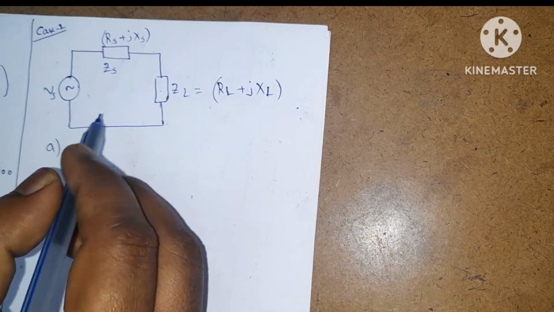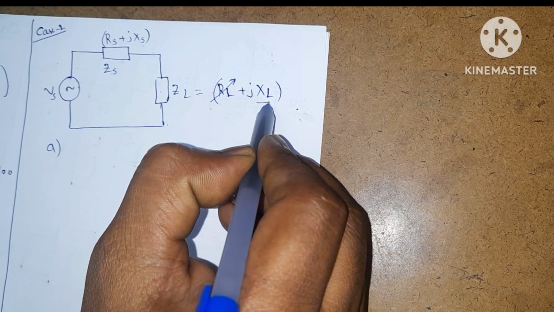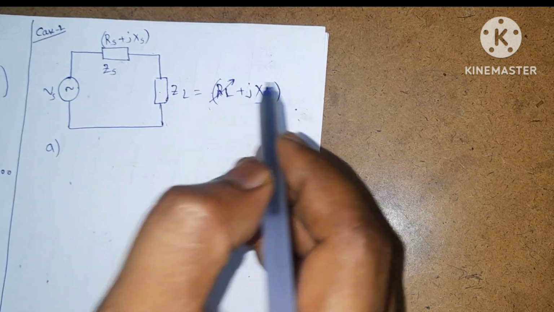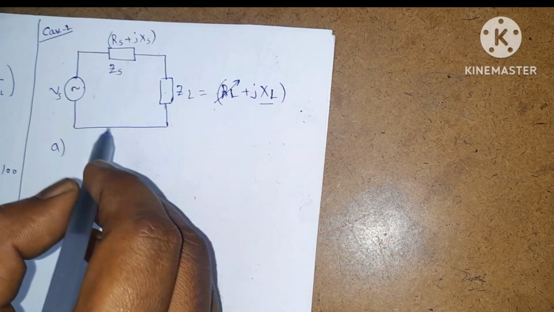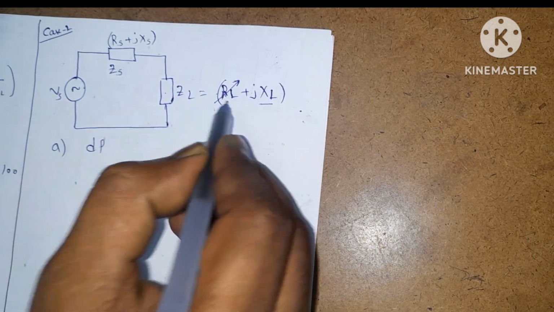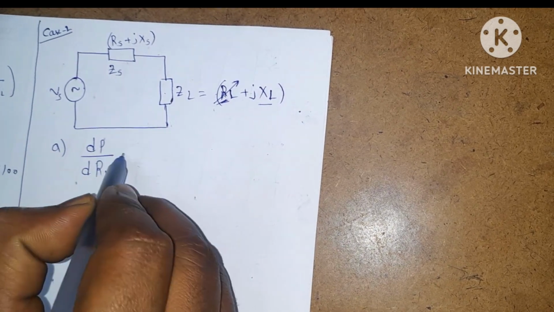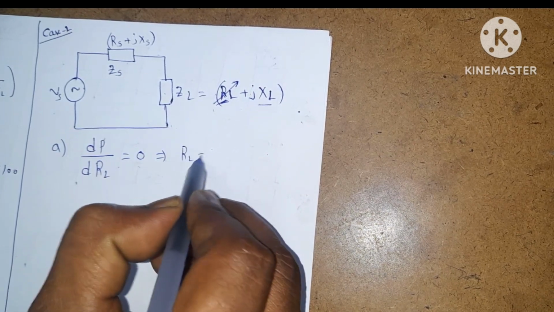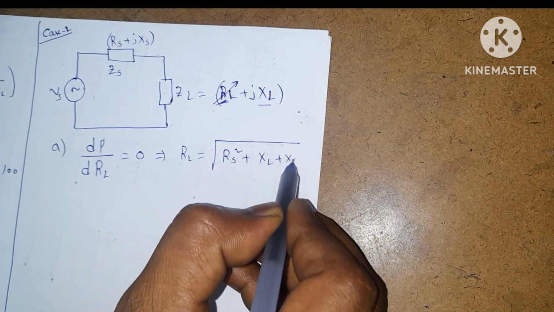First case: if only load resistance RL is variable and XL is constant, then the condition is, I won't derive it here, I will just give you a note on how to derive it. Differentiate power with respect to load resistance and make it 0. Then you will get the condition RL is equal to square root of RS square plus (XL plus XS)